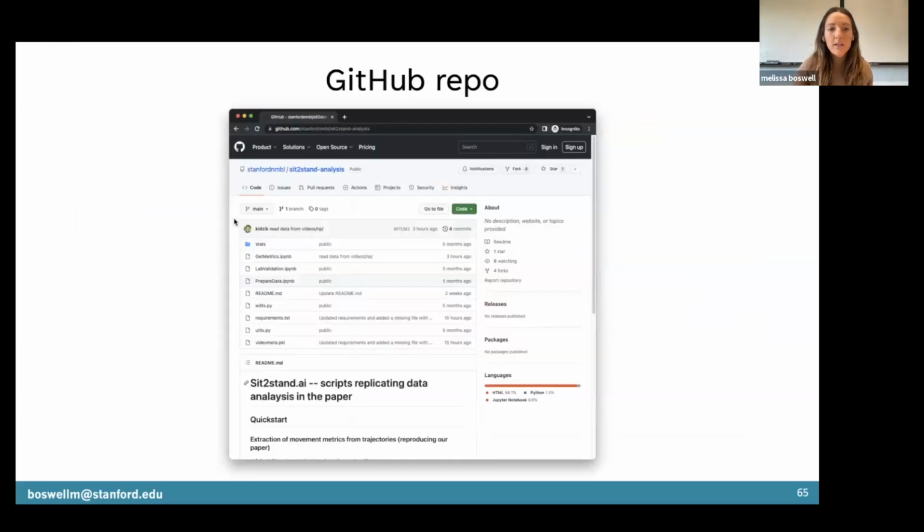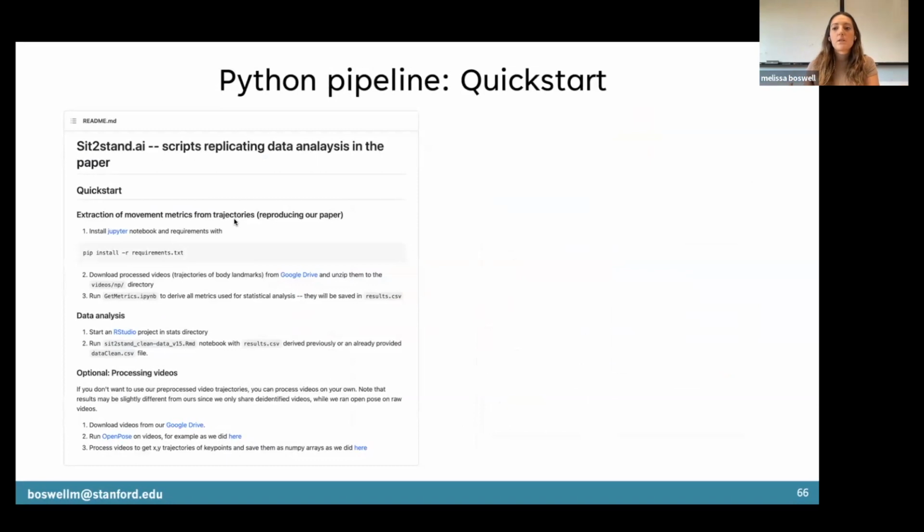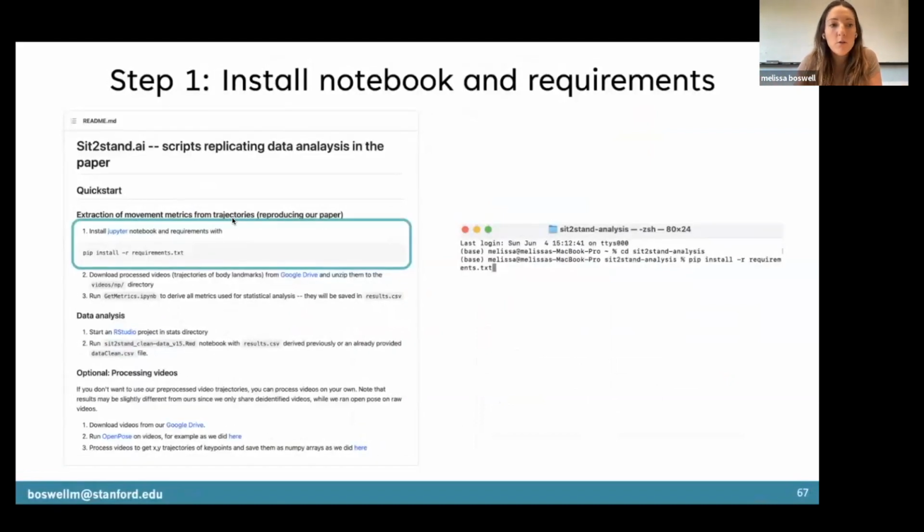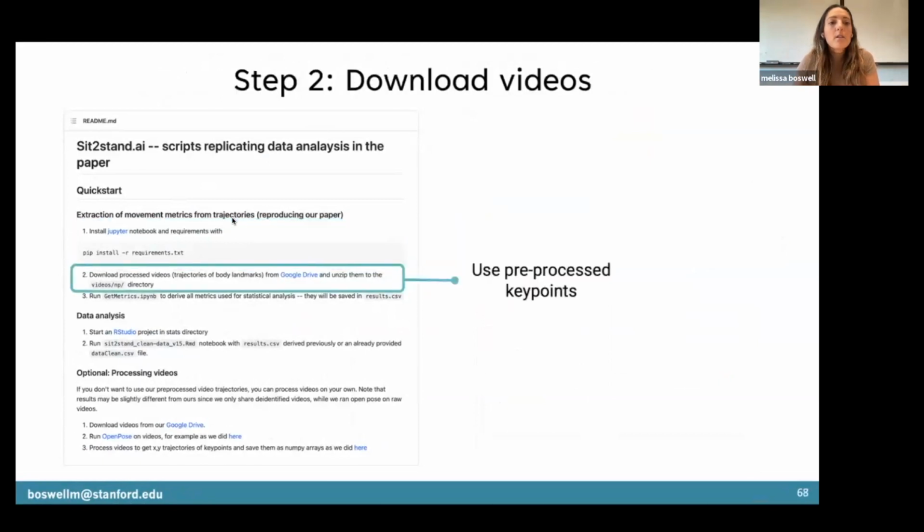So here you'll find our GitHub repo, and I'll just go through the README at a high level, which shares the steps after you clone our repo. You'll first need to install a Jupyter notebook and requirements, which we provide the code for. And then these first steps are more to be able to replicate our study, where